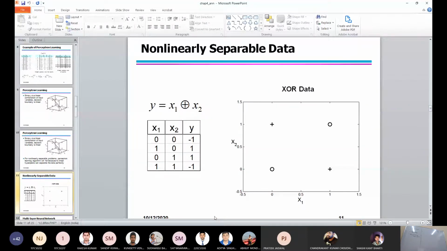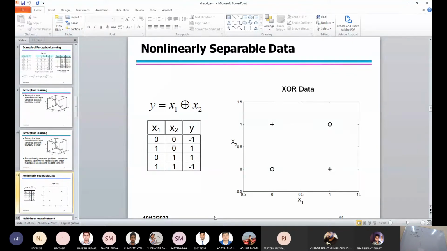This is so simple. You can see that there are four inputs. So 0 0 will have -1, 1 0 will have 1, 0 1 will have 1, and 1 1 will be -1. These x1, x2 are real numbers, not binary numbers, and the classes are obviously binary, -1 and +1. Now, if we use a single perceptron, no single perceptron can identify all four points rightly.